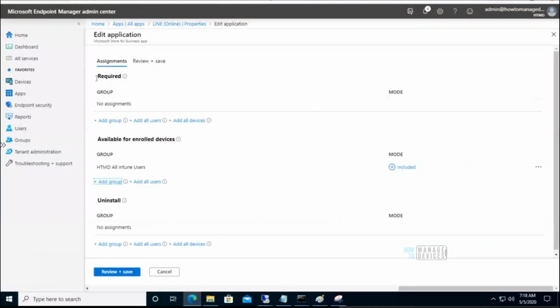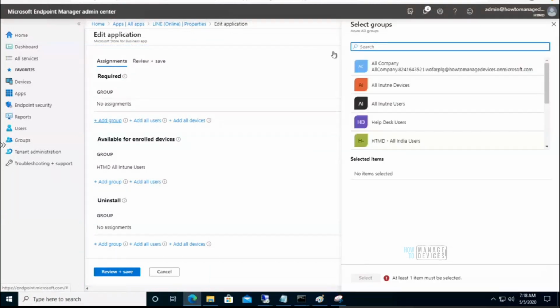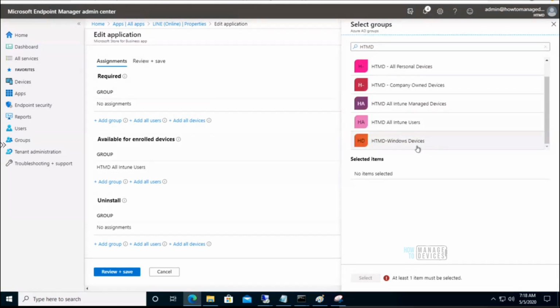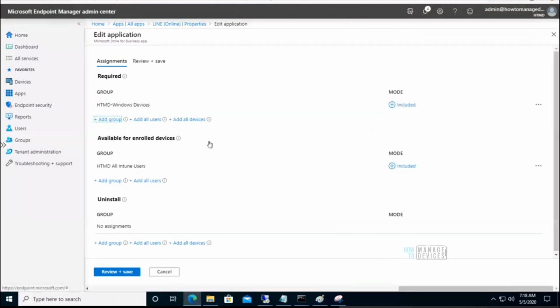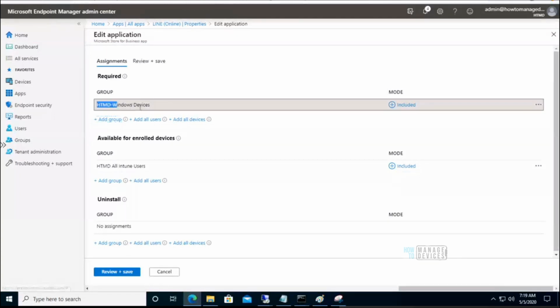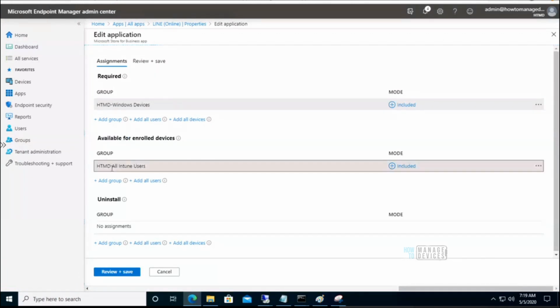This is the required assignment, which should be targeted to a device group, so that would be HTMD Windows devices. So we have two assignments. One is required and deployed to a device group, and the other one is available and deployed to a user group.